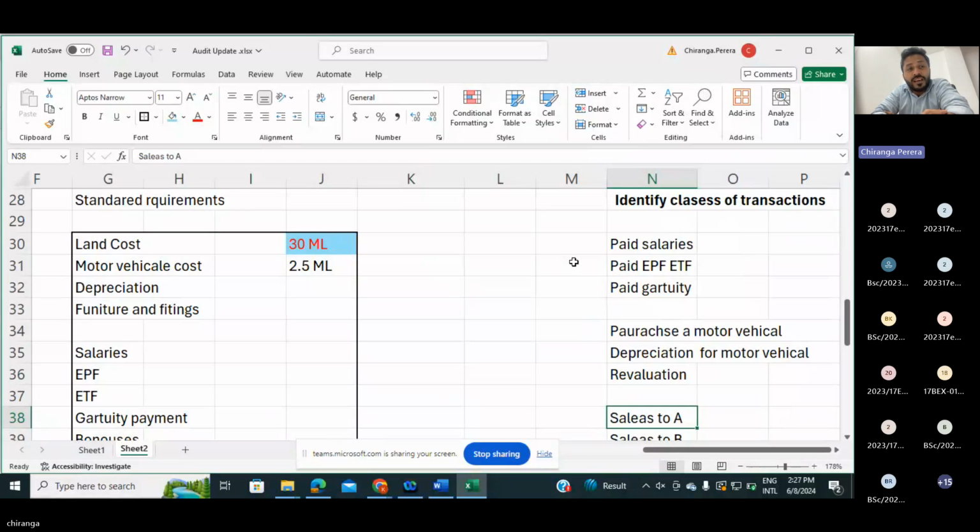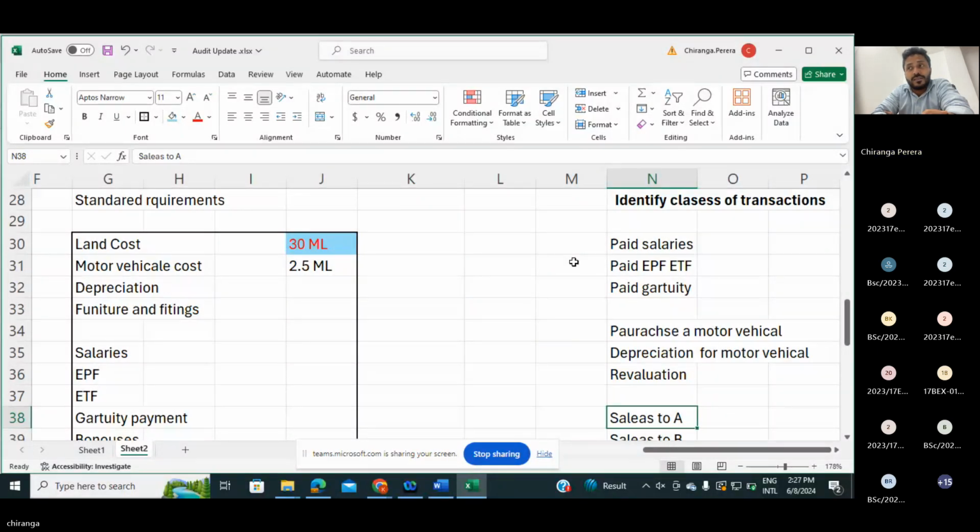Based on the age, right? Based on the knowledge, based on the marks. If you want to select commerce or maths, you need to score more than 50 for maths, right? Similar characteristics. So according to that, as an auditor, we need to identify classes of transactions based on the similar